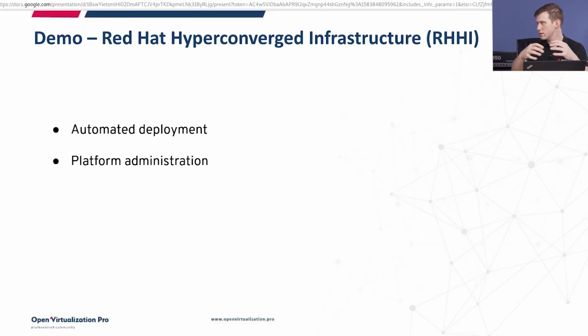You cannot just compose both together or just put together Gluster and Red Hat Virtualization. It's not supported in that way. So from the support perspective, you need to purchase a separate product, which will in turn give you Rev and Gluster underneath.